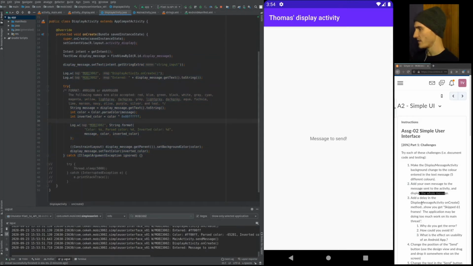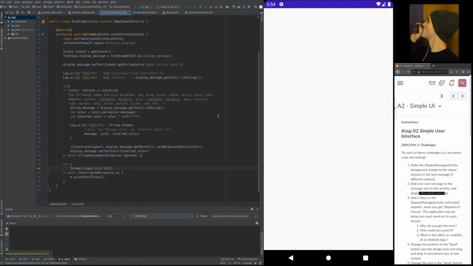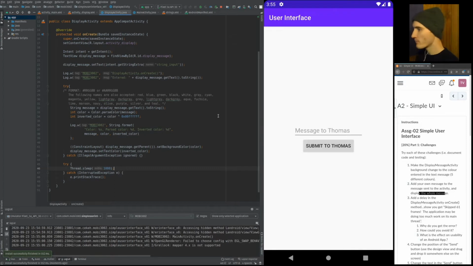Add a delay in the display activity onCreate method. Show you get skipped 61 frames. The application may be doing too much work on the main thread. So if we just uncomment that out and restart our application here. Well, you can see